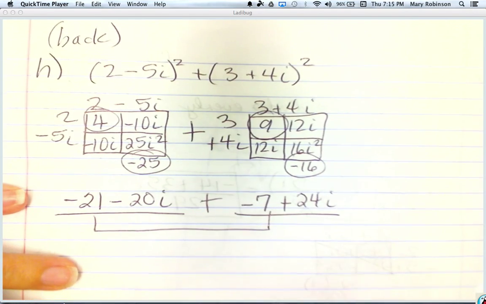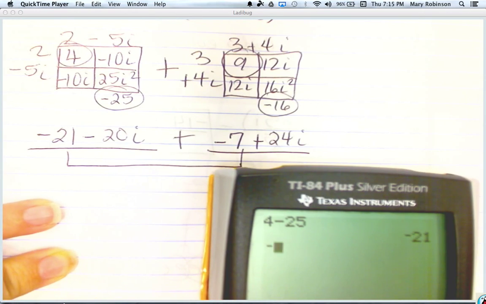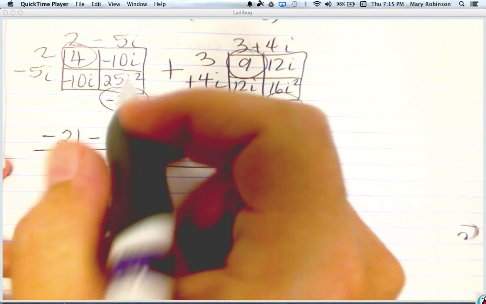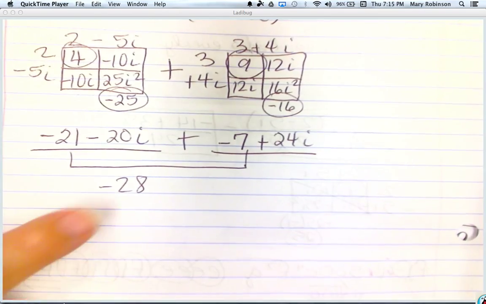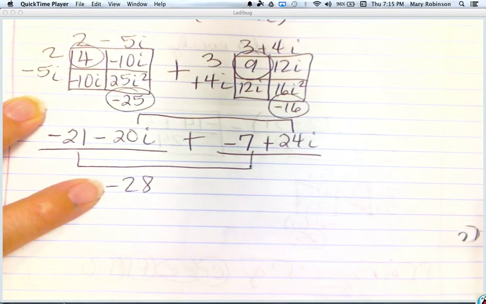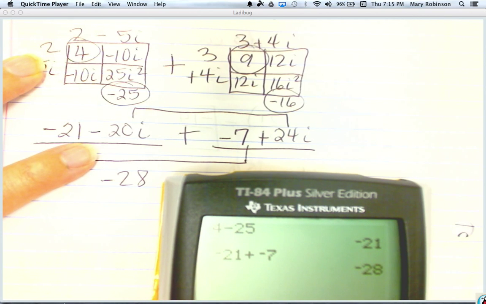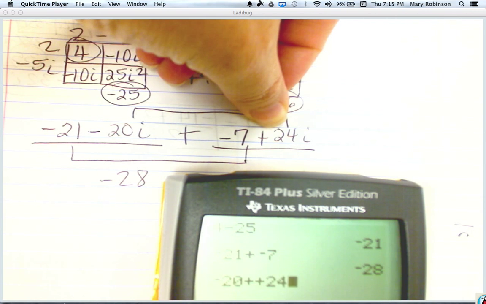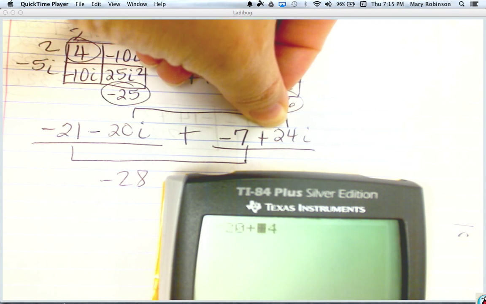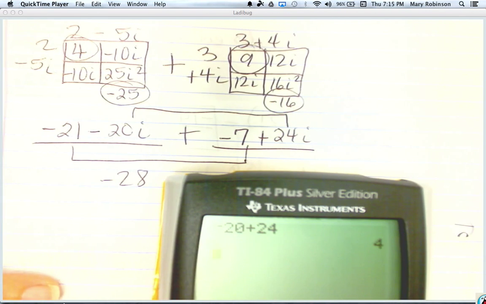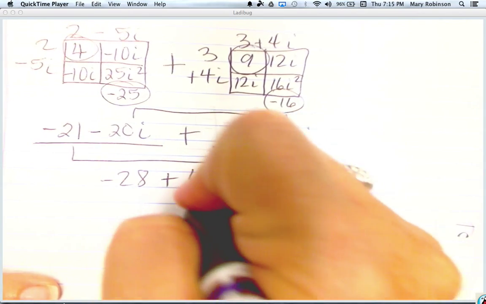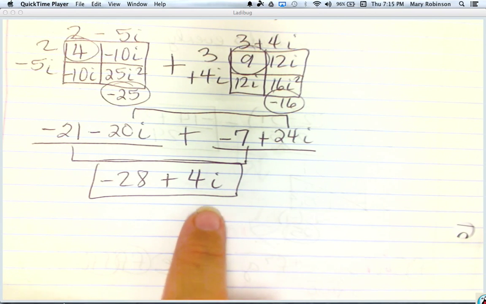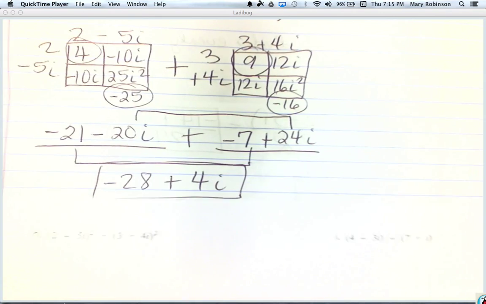Combine your like terms. Don't make this hard. Negative 21 plus negative 7 is negative 28. Remember to put your real parts first, then your imaginary, your i's. Negative 20 plus 24. It doesn't like having a plus beside a plus. It's just positive 4. So plus 4i. So notice for these answers, we should have real, then imaginary. Okay? So on your review,